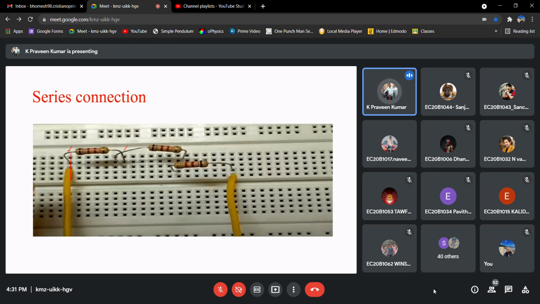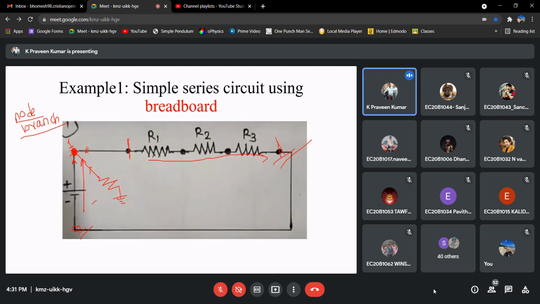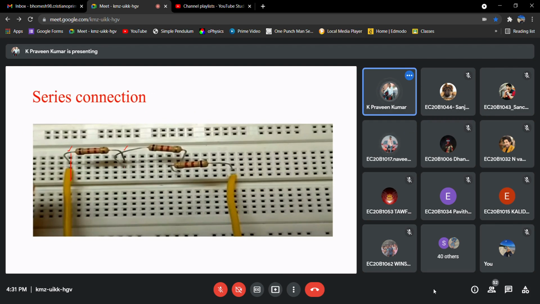Next, resistor R2 and the second terminal of R1, again these 2 are connected at the same point, right? So the second resistor's first terminal and the first resistor's second terminal should be at the same connection point.